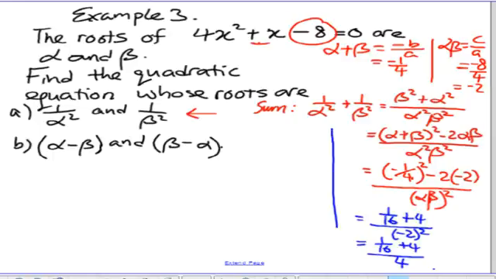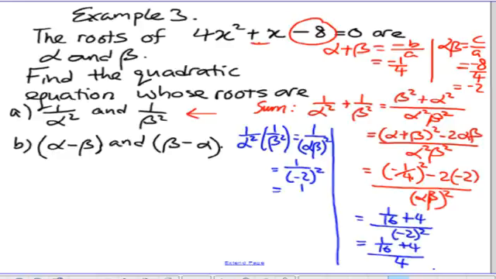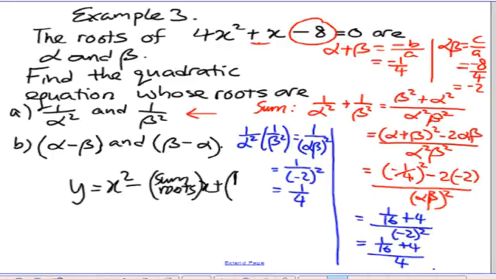Next, I have to consider the product of this, 1 over alpha square times 1 over beta square, which is just 1 over alpha beta everything square, which is 1 over negative 2 everything square, which is 1 over 4. Y is equal to x square minus sum of the roots times x plus the product of the roots. So in our case,